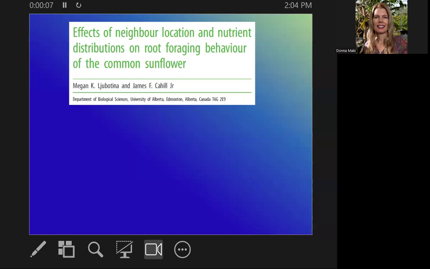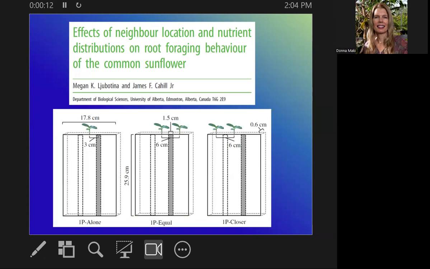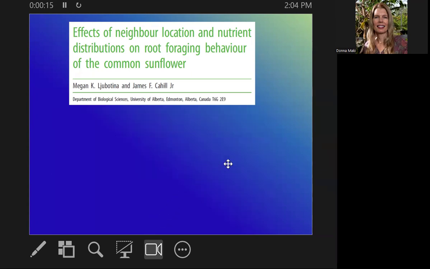So we've been looking a lot at how plants learn to recognize themselves and each other, kin versus non-kin. And then this paper was looking at, can plants recognize that there's another plant near them? And if there is a soil system that they're growing in that has patches of better food, like